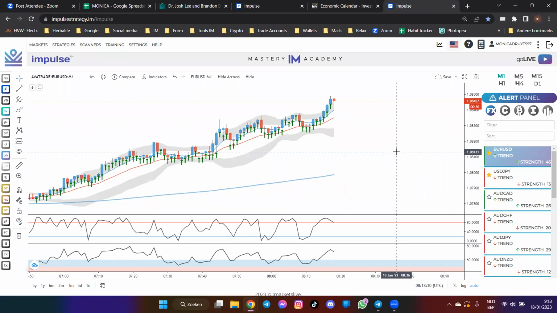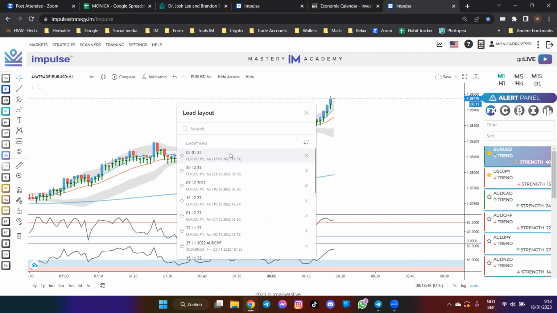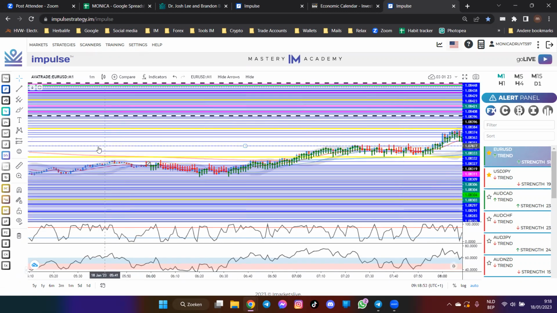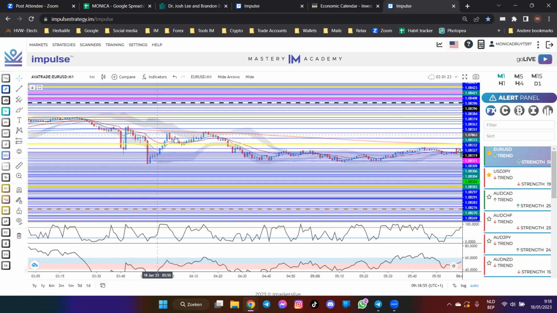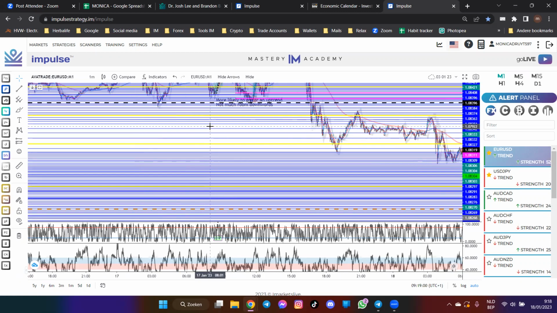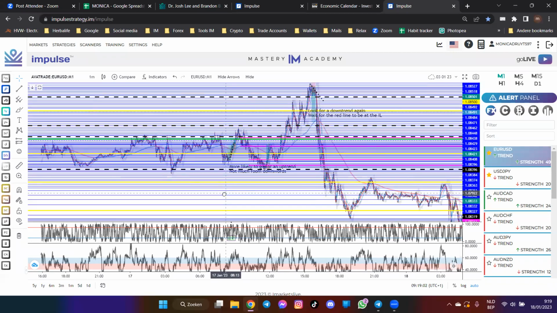So Monica, you trade only Euro USD? Yes, but on impulse. I have another strategy on Nix, and there I go on TradingView. Every day there are opportunities which you can find. You want to see some of yesterday's? Just a second. I had a weird day yesterday because I did great analysis, but I had trouble catching the trades.